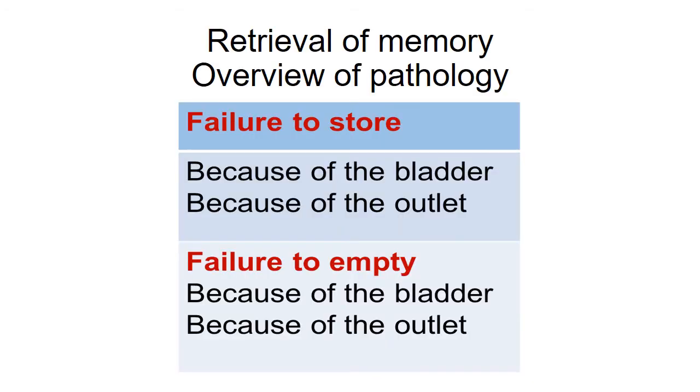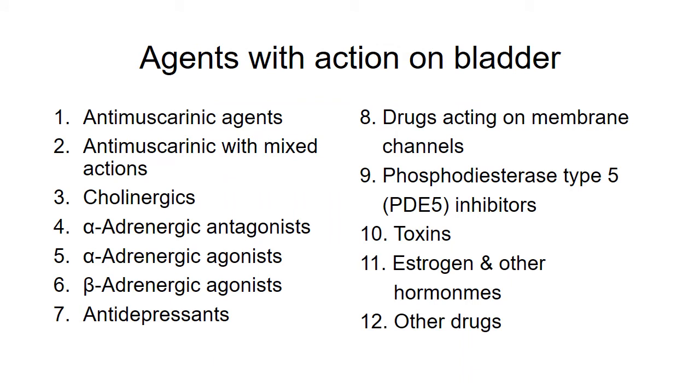Now moving to the pharmacology proper. There are 2 types of failure. One is storage failure and other is emptying failure. In both cases, it could be either at the level of bladder or outlet, or it can be a combination. The pharmacological agents with action on the bladder are